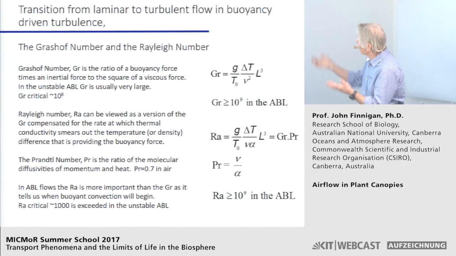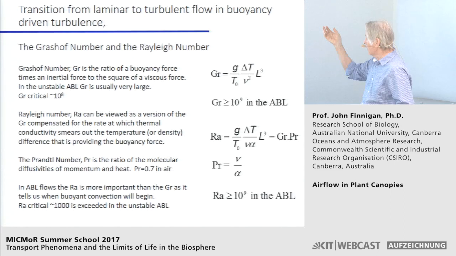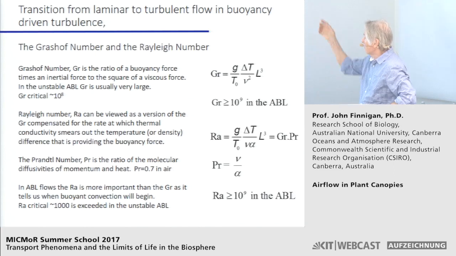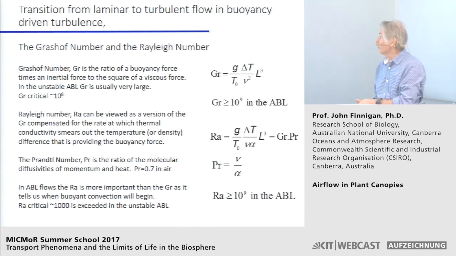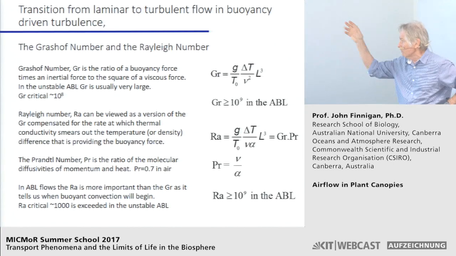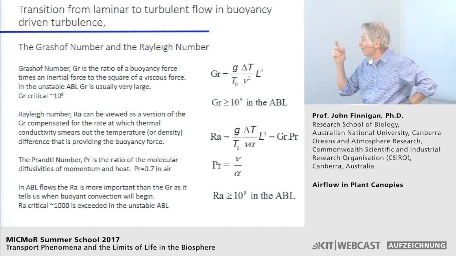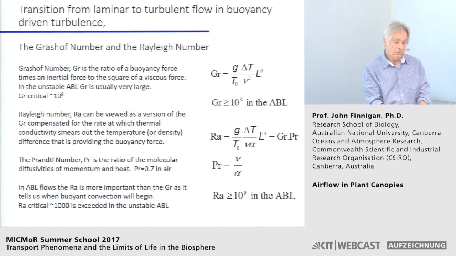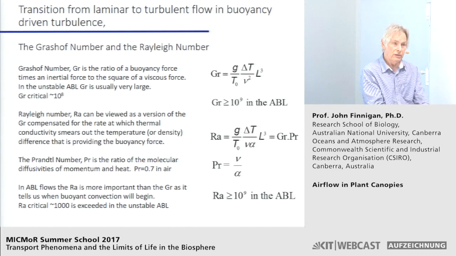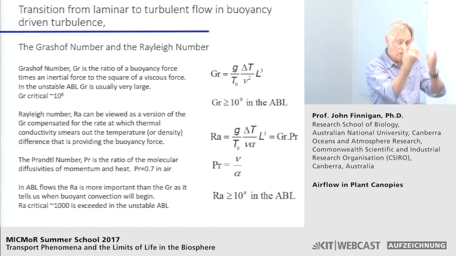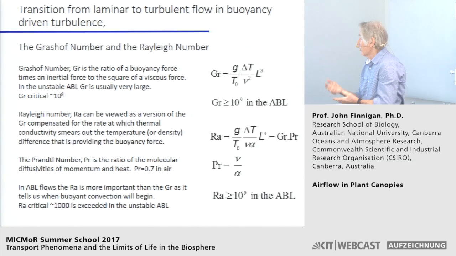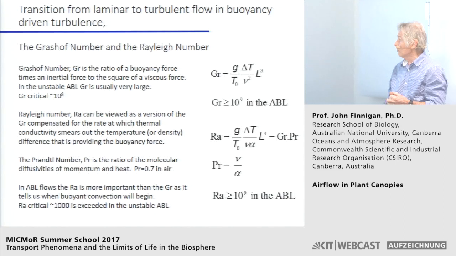So the buoyancy force is given by g upon T naught, the small perturbation in temperature, a volume, which gives you the force, and then we have to put in the square of the viscosity. I won't go through the derivation of this, except to say that the critical Grashof number, let's say you had a vertical plate and you heated it, and you let the turbulence build up around it, then it will go from laminar to turbulent when the Grashof number is about 10 to the 8. Grashof numbers in the atmosphere are typically 10 to the 9 or more, but the more important